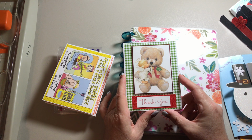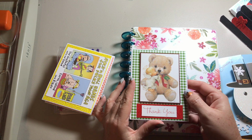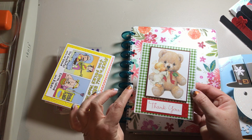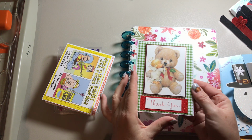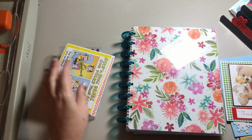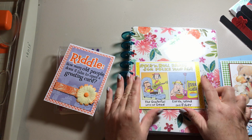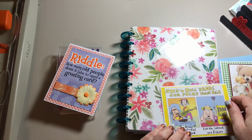I've been teased by people when I've given a plain card. So I went ahead and cut it apart, raised it up on some pop dots, put it on some green paper and some glitter, and remade this into a thank you card. And then this was a really big card, but I wanted to cut it down and use it on an